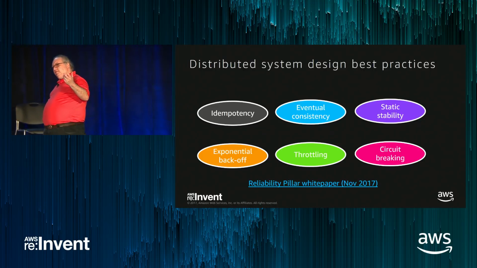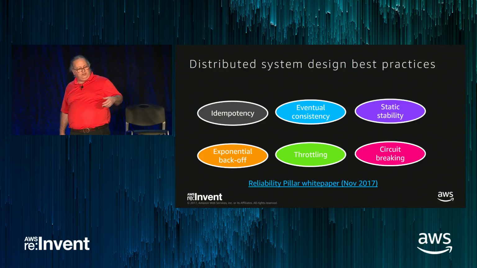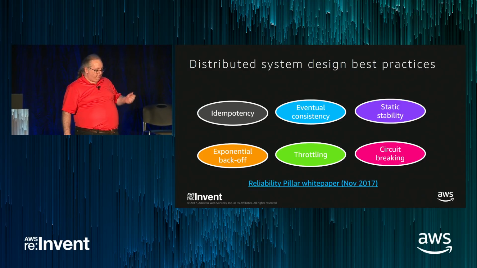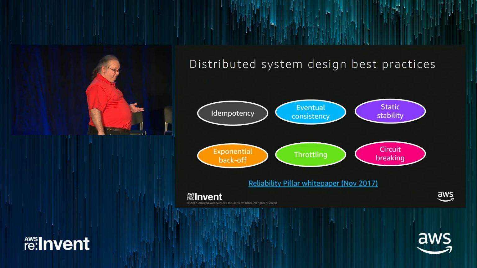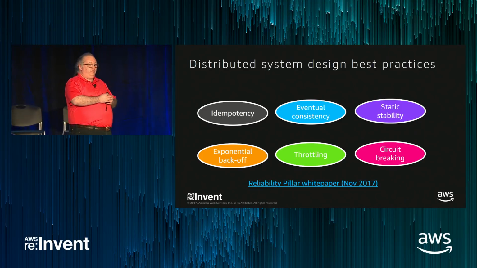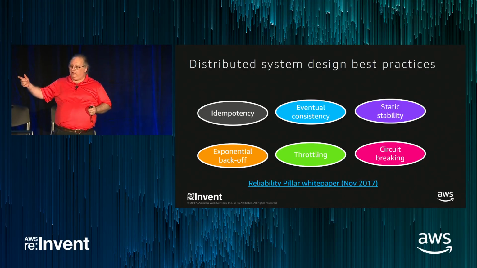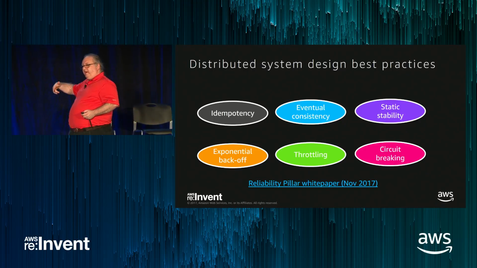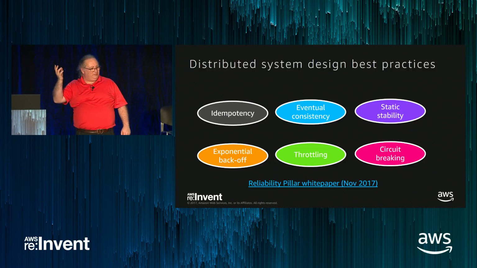Throttling, how do I deal with the cases that data doesn't always come in at the same rate? This is when we use caching systems and other things in order to be able to throttle and pull in the data. And finally, circuit breaking. This is another thing that you need to write in code that you didn't need before you were active-active, which is when I'm doing things that go across the regions and something's not working, how long do I let it pile up with other things dependent on it waiting before I break that circuit and say this is going to fail? So this is another place where you have to do some monitoring and some automation.